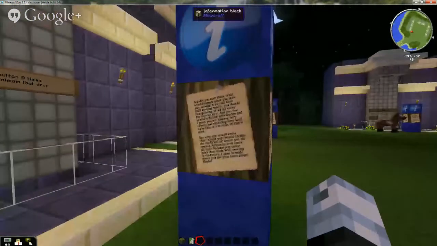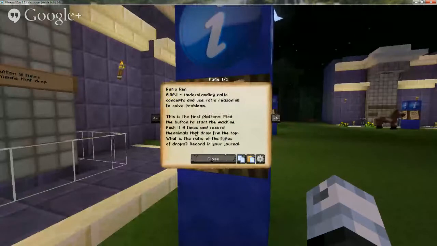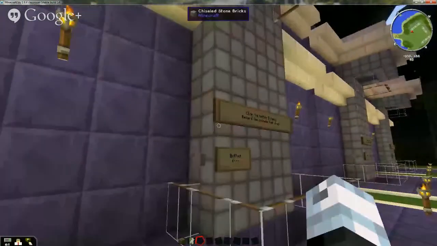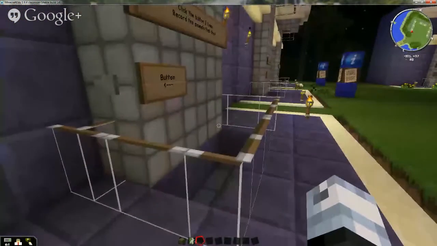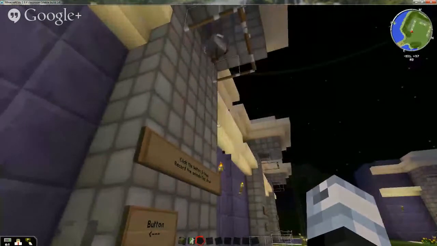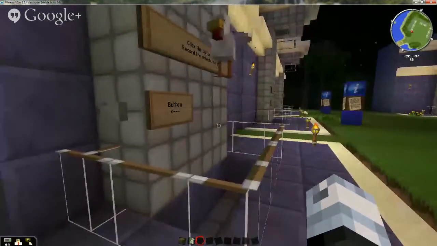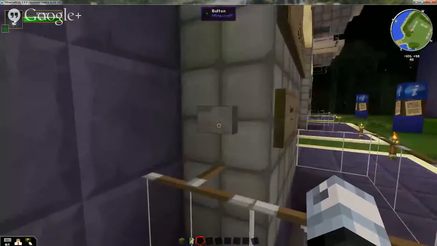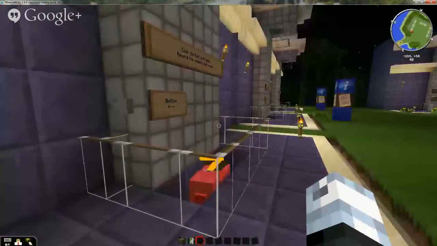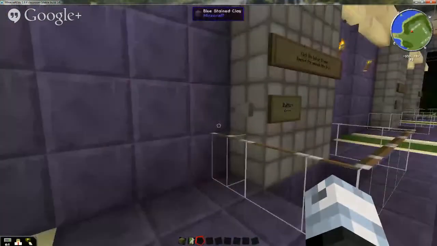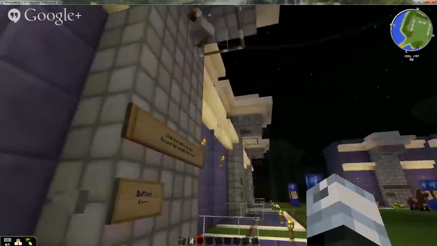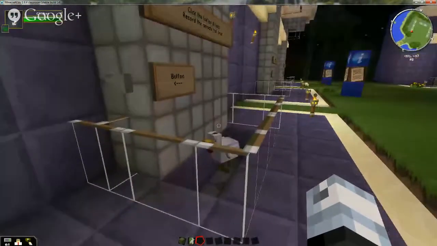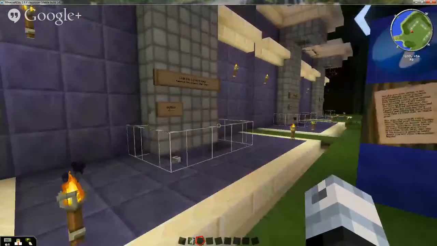The kids will go through an experiment process where they'll push this button 9 times and record in their journals what comes out. If you're a little bit squeamish, you might want to turn your head. So kids will push this, and down will come, in this case, a chicken. So I would record 1 chicken. Push it again. Down will come a pig. Basically they're going to try to come up with a ratio after they have 9 items, after they click the button 9 times.